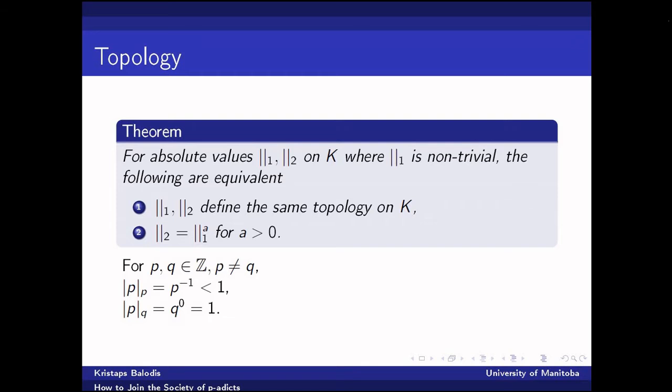And so if one of them is 1 and the other is less than 1, then certainly no positive power is going to do anything to make that 1 equivalent to some number less than 1. So, in fact, we find that for any distinct primes, p and q, I should say, the p-adic and q-adic norms are topologically distinct, not just distinct in their values.